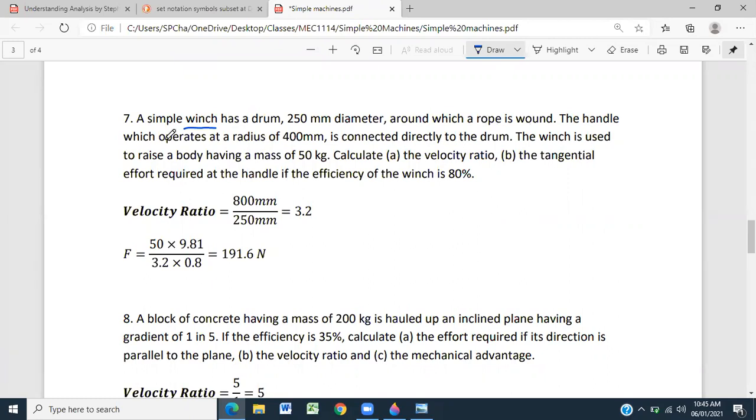The handle, which operates at a radius of 400 millimeters, is connected directly to the drum. The winch is used to raise a body having a mass of 50 kg. Calculate A, the velocity ratio, B, the tangential effort required at the handle if the efficiency of the winch is 80%. Now, tangential effort,